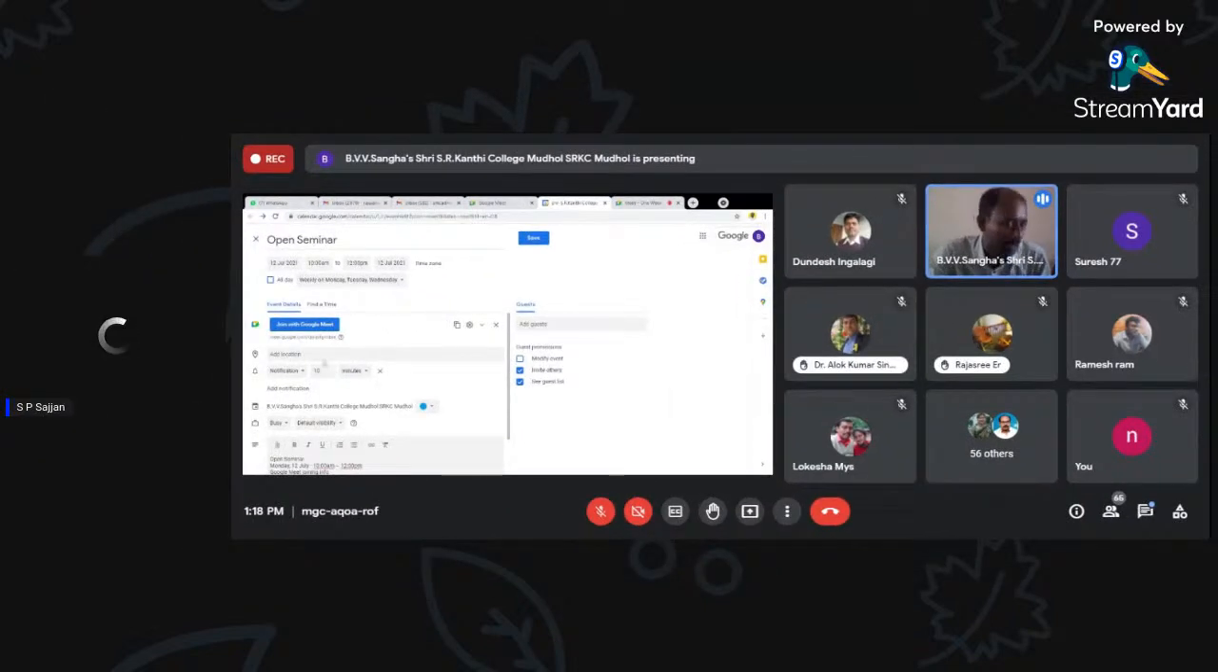add the map location by Google Maps. So if you want to provide notifications for